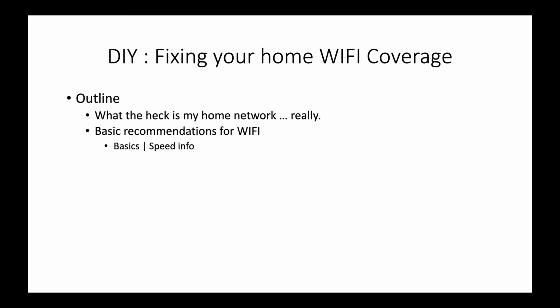We're going to talk about some basic recommendations, what type of things you can do to improve your network without buying a single thing. In addition to that, we're going to talk about speeds. A lot of people buy products trying to improve their speed by improving their wireless selection. Well, unless you improve your internet selection and your router's port speeds, it may not be effective, and we'll talk